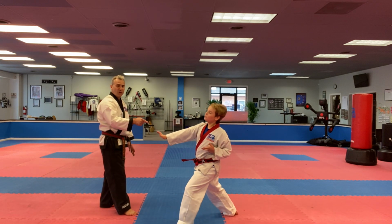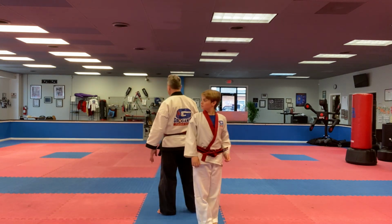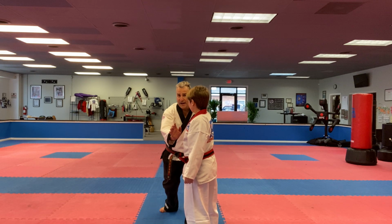Boom, and right into the palm strike. And then he's going to finish. Go ahead. And knee. Good. So maybe I'm facing this way, and I'm being pulled back. Pulled back. I'm going to step directly in line to do my strike, and then I'm going to do the